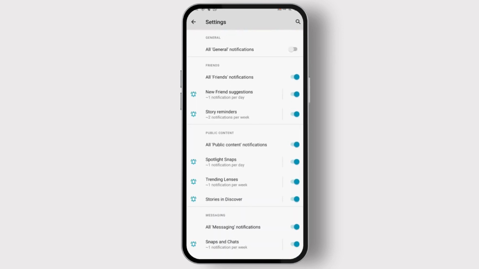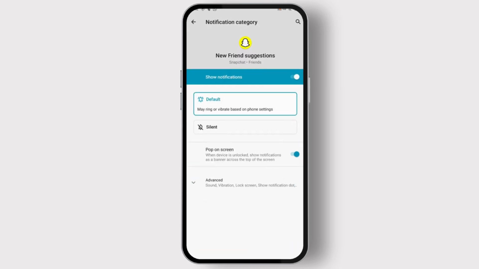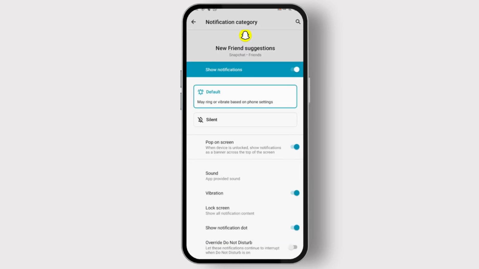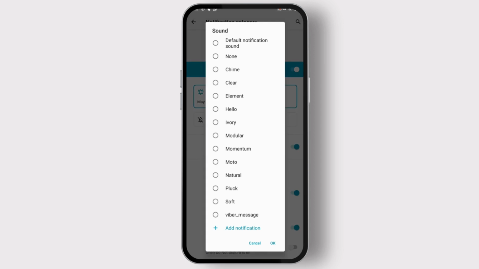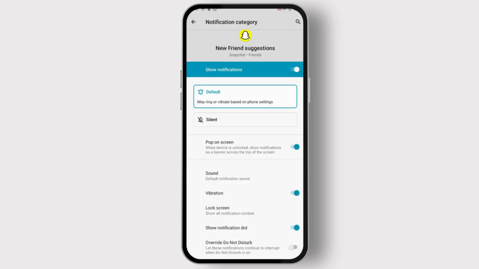So what you can do is just select this first notification and then tap on advanced, and after tapping on advanced just tap on sound, and after tapping on sound in the top you will find this option which is default notification sound. Just tap on it and then tap on OK, and after changing that you have to do